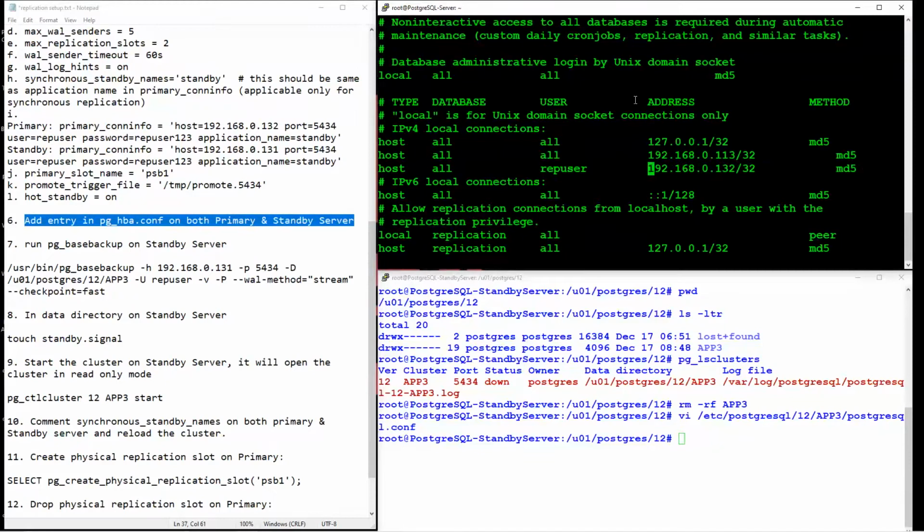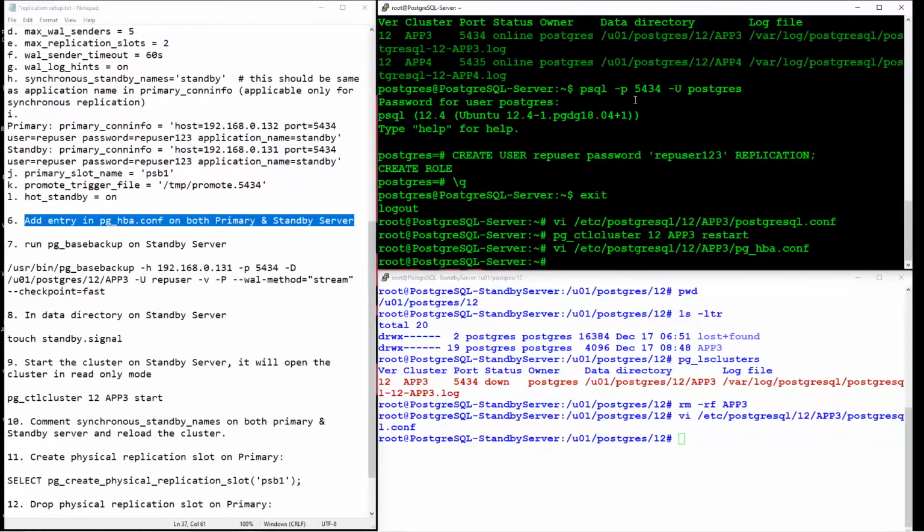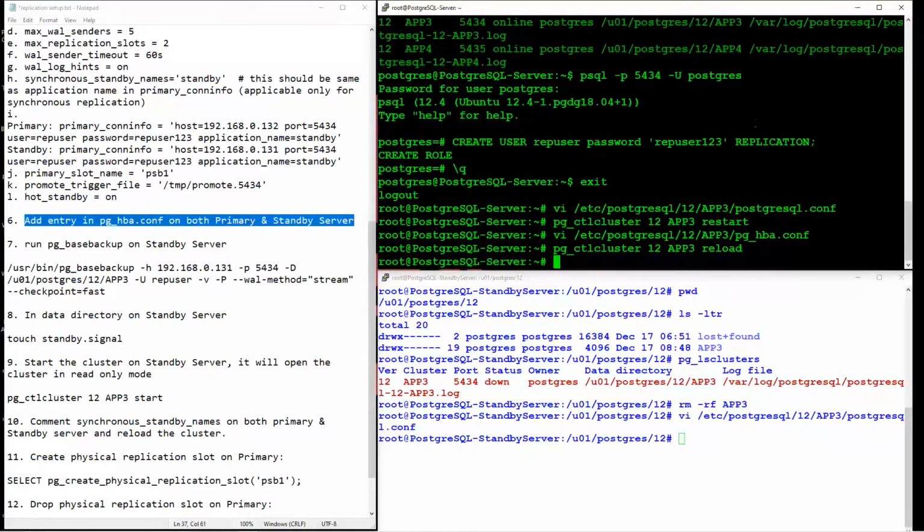Since you changed the configuration in pg_hba, you need to reload the cluster, not restart. Now let me make similar changes here.